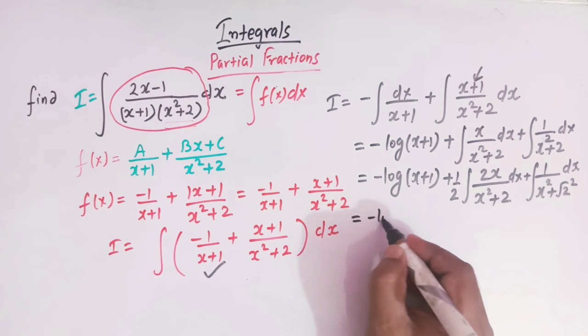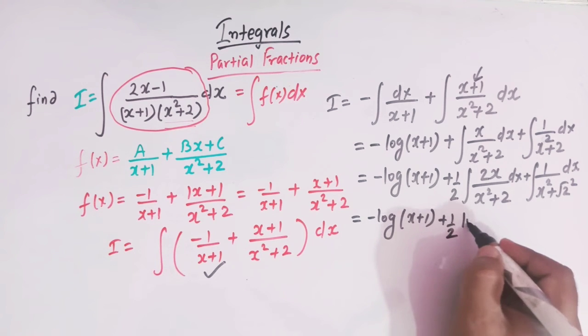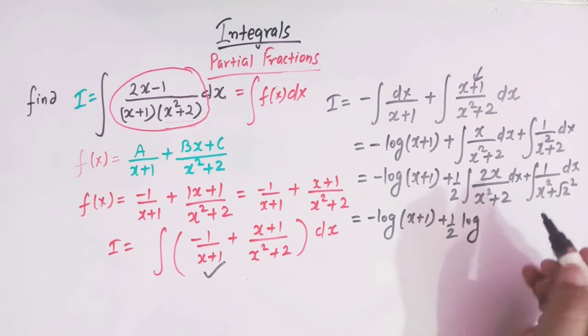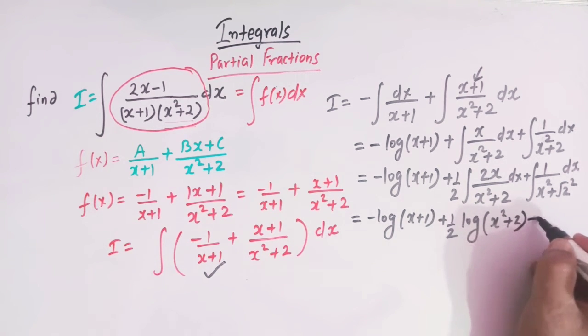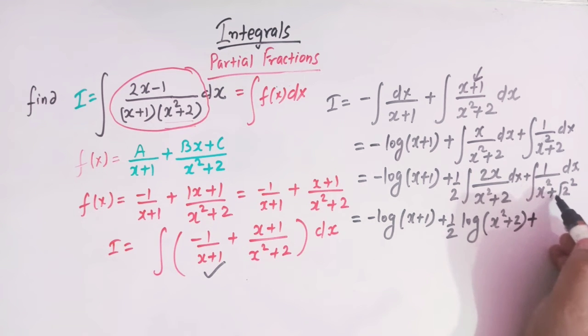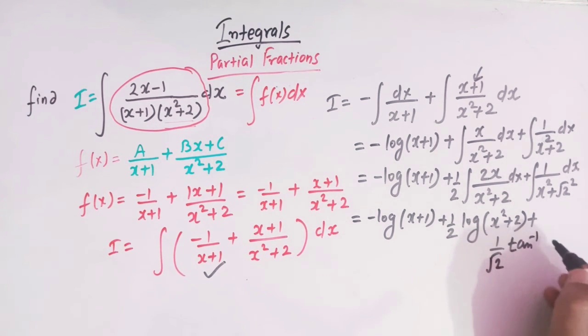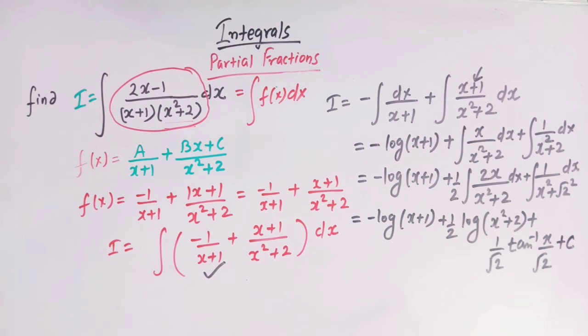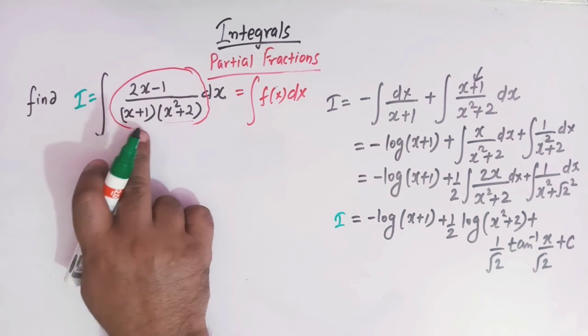So now we have minus log x plus 1, and here we have half, and the integral of 2x over x square plus 2 is log of x square plus 2, and here we have 1 over x square plus root 2 square, and the integral is 1 over root 2 tan inverse x over root 2, right? And c is the constant of integration. So this is the final integral for this function,